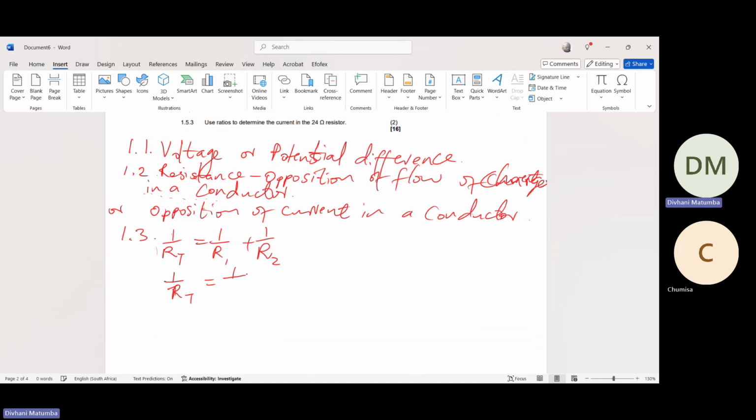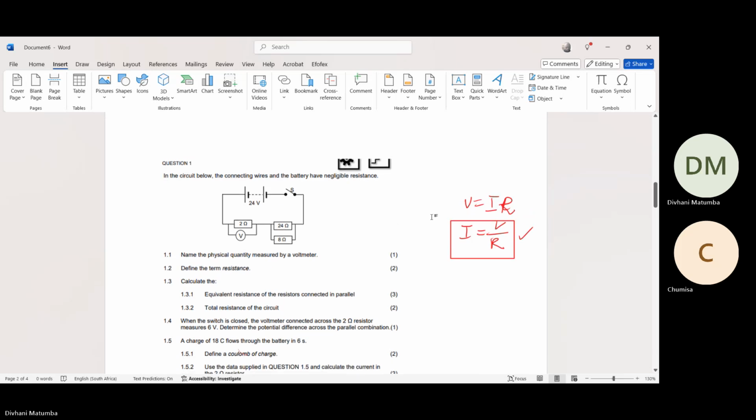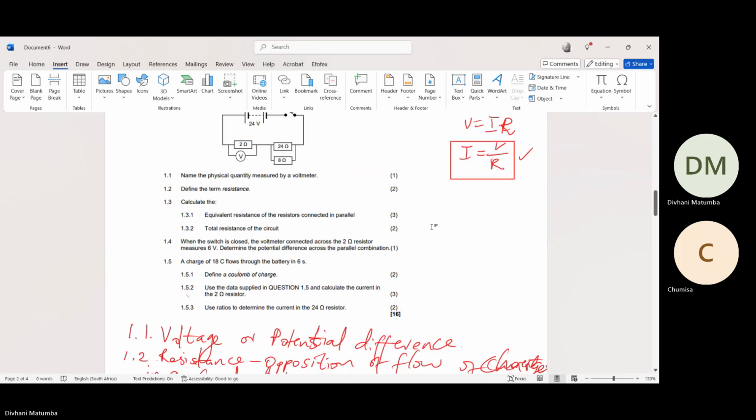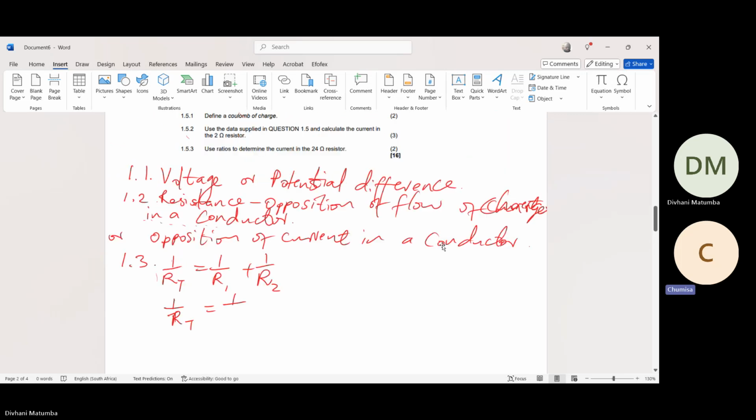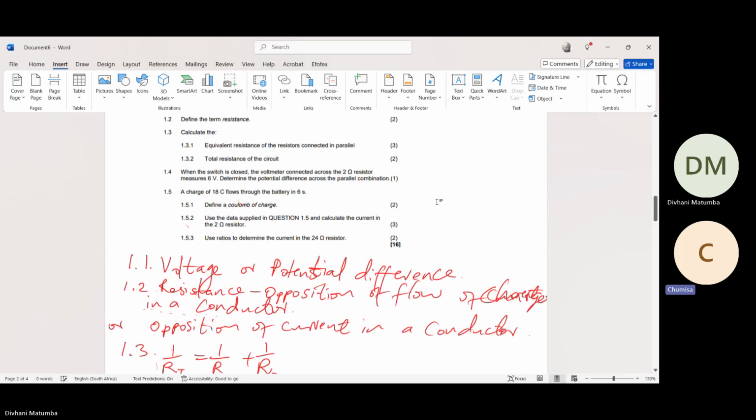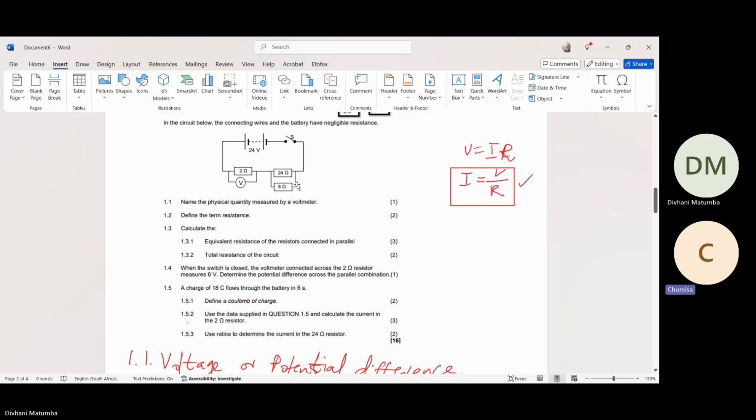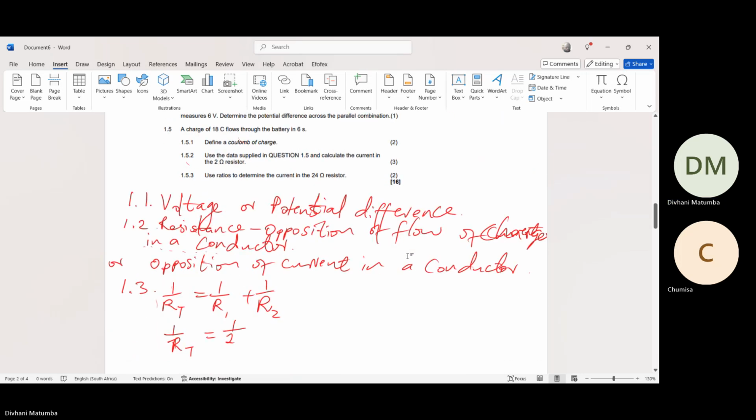It's going to be 1 over what? 1 over 24. Yeah, 1 over 24